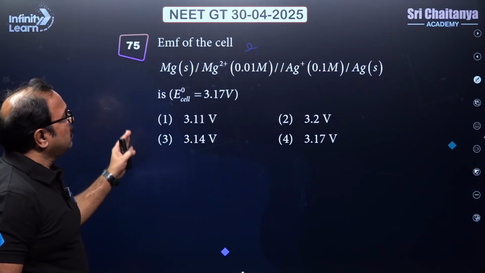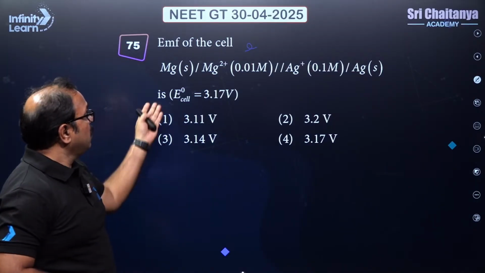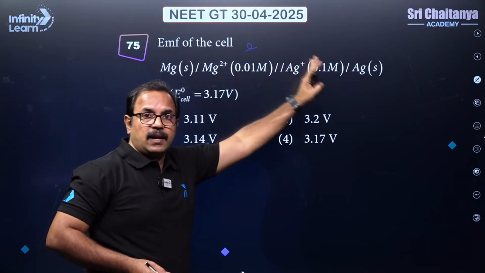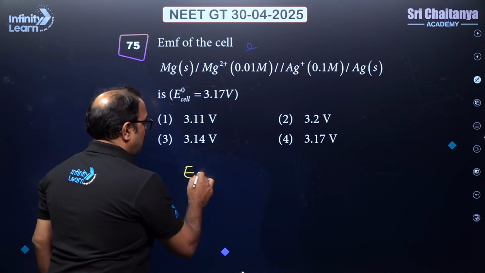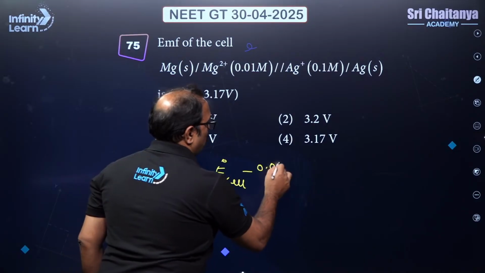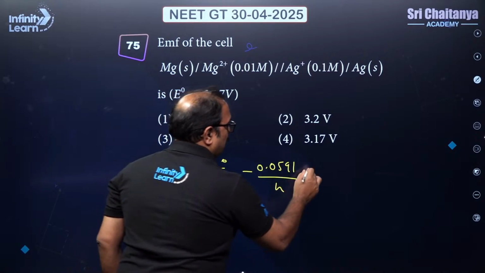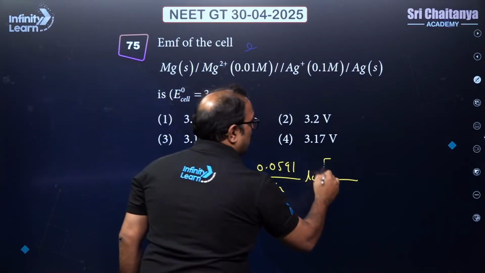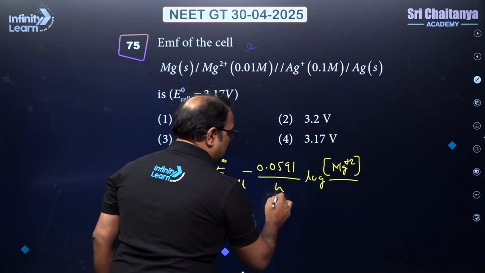EMF of the cell. We know this concept is from electrochemistry. We can apply the Nernst equation, where he has mentioned magnesium is getting oxidized, and the left-hand side and right-hand side have been clearly given. It's a simple concept. E is equal to E naught cell minus 0.0591 by n, log of what is formed on the product side, Mg plus 2. Since magnesium is losing 2 electrons, we can straight away say n is equal to 2 here,